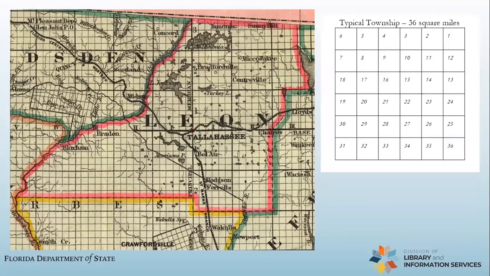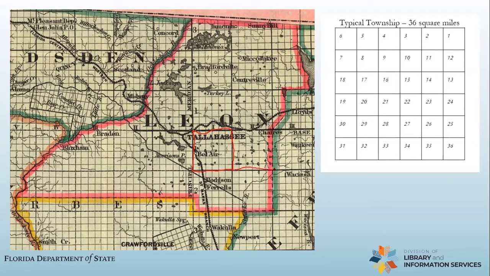Okay, so this is an example of a map I think from the 1840s or something like that, and actually a little bit later based on the railroads there. But anyway, this map is showing you what the state of Florida looked like once it had been measured out into the grid system that is based on that point there in Cascades Park. The first thing surveyors did is they went out and measured the land out into townships, these 36-mile square townships. Okay, 36 miles square. Why 36? I'll tell you in just a minute.